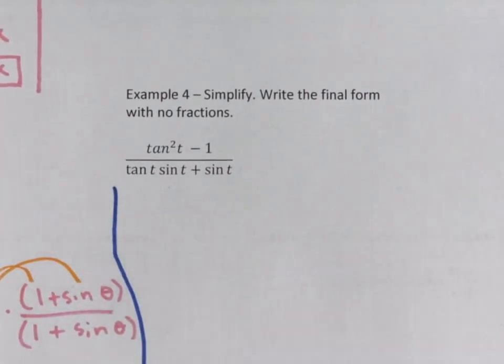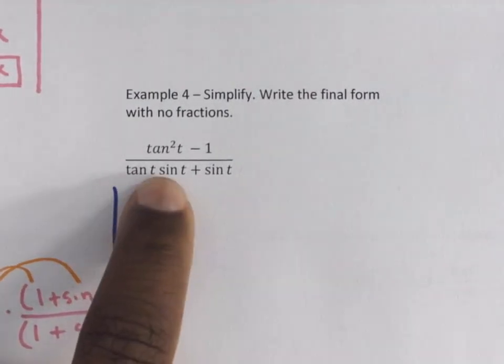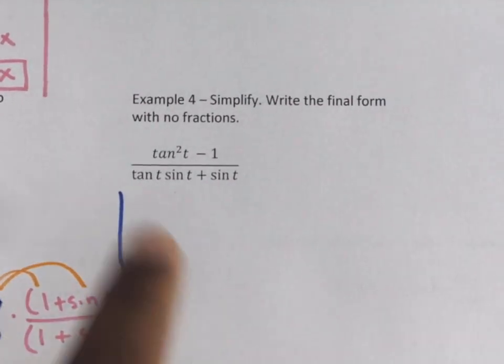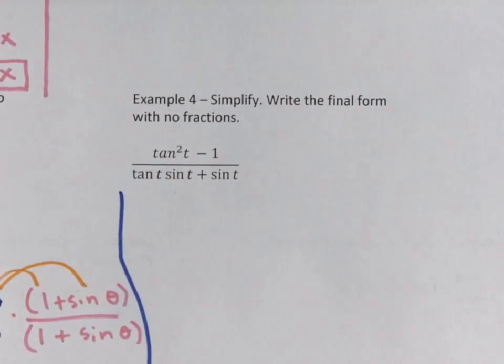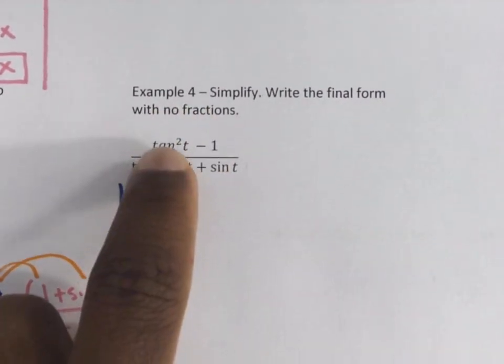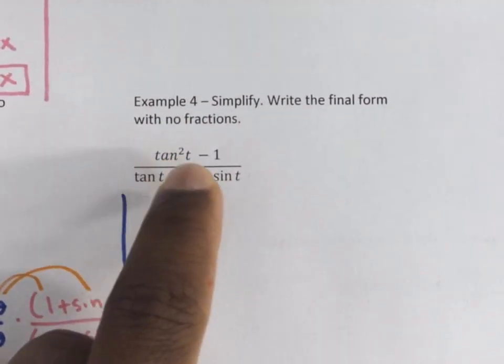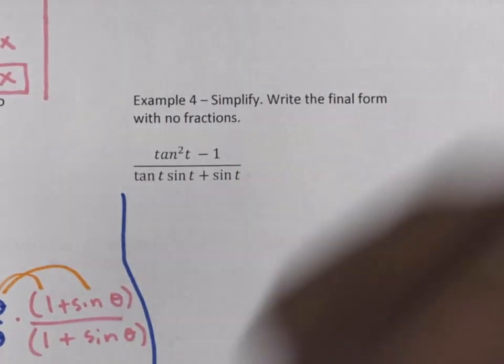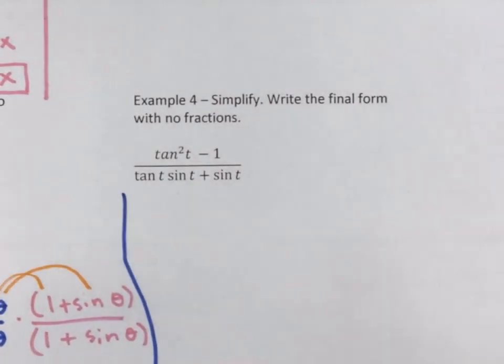Can we combine sin into sin squared? No, because it's adding. Multiplying and then adding. It's adding, yeah. So I can't do that. What I think I would try to do is get rid of this squared and just get it to be just tangent. In order to do that, what we need to have understood from Algebra 1, Algebra 2, and what we did earlier